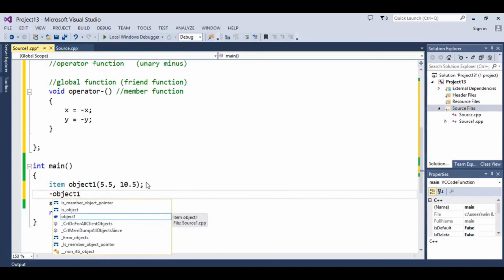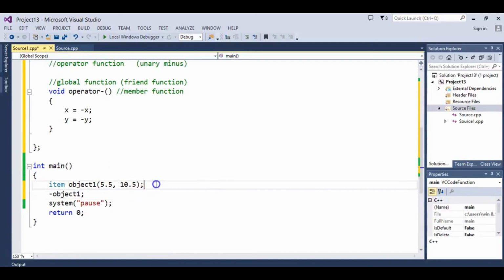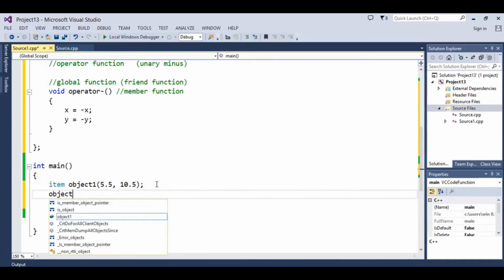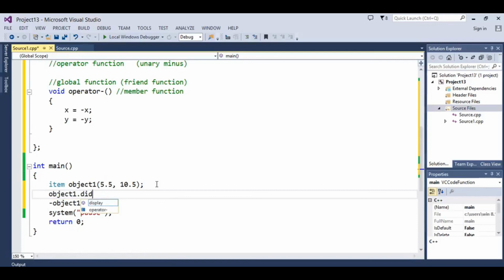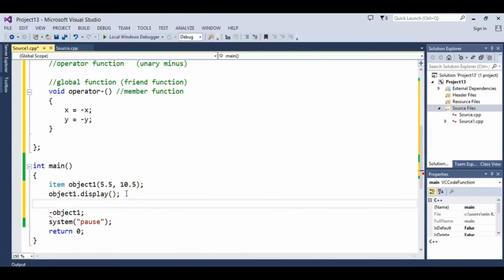Before that I will display object1 dot display, and after minus object1, I can write display also. I will just copy it and paste it.